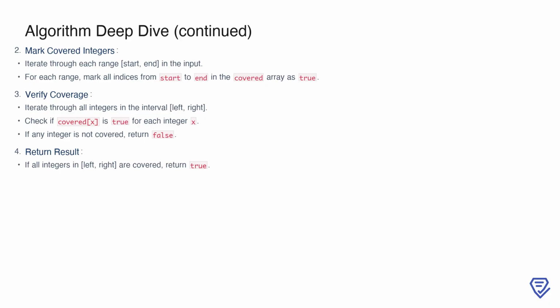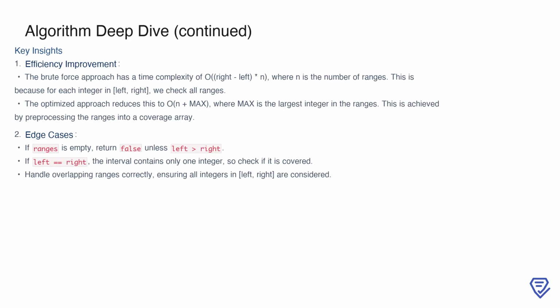This method significantly reduces the computational overhead compared to the brute force approach. This optimized approach provides key insights into efficiency improvement. The brute force method has a time complexity of O((right - left) * n), where n is the number of ranges, because for each integer in [left, right], we check all ranges. In contrast, the optimized approach reduces this to O(n + max), where max is the largest integer in the ranges. This is achieved by pre-processing the ranges into a coverage array, which allows for constant time checks during the